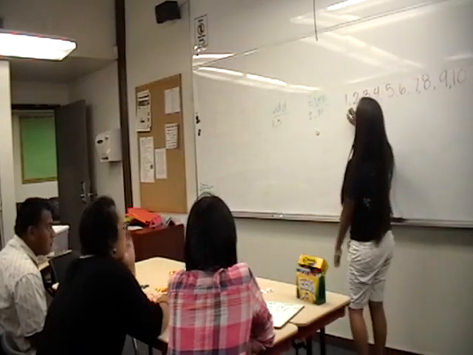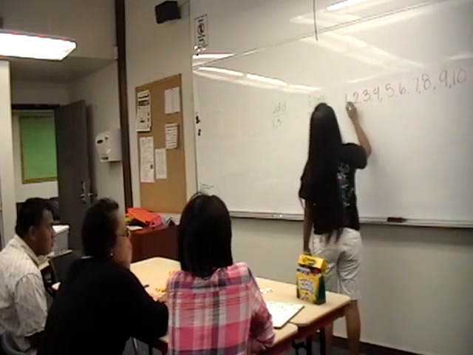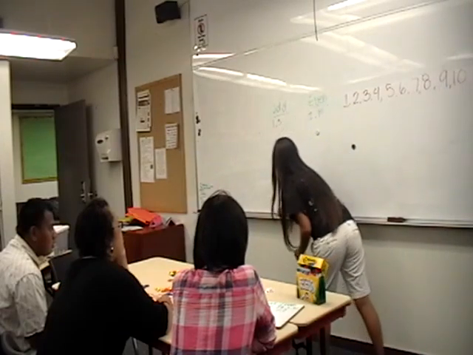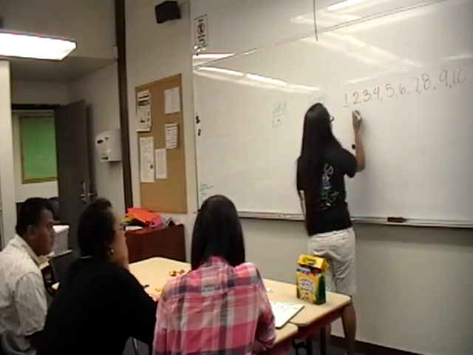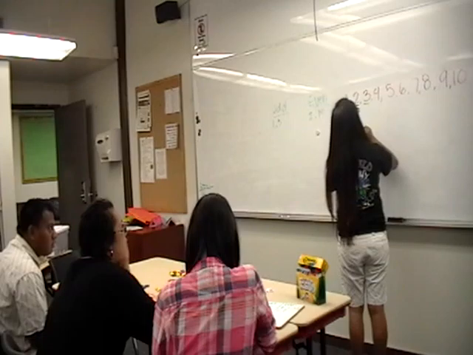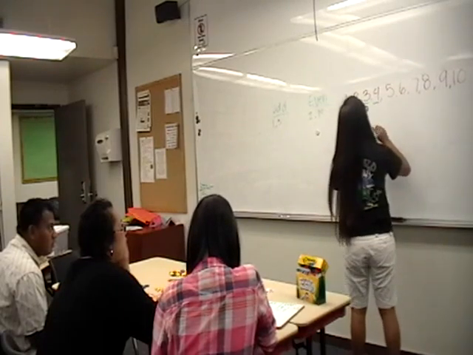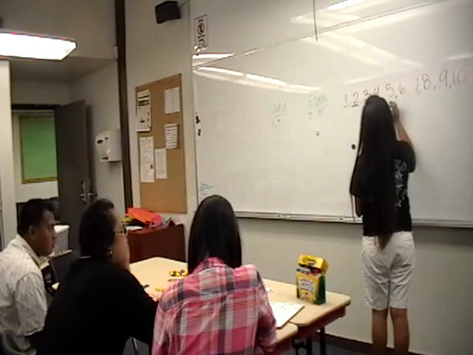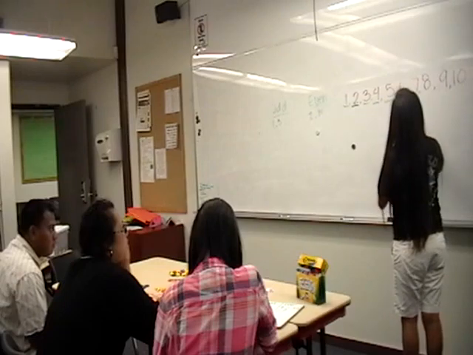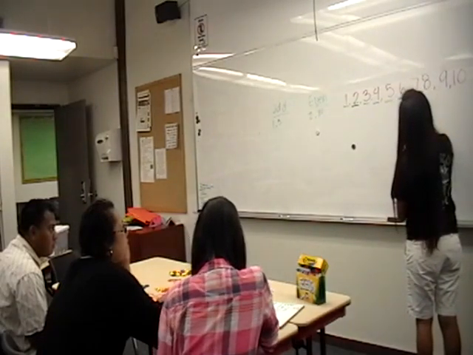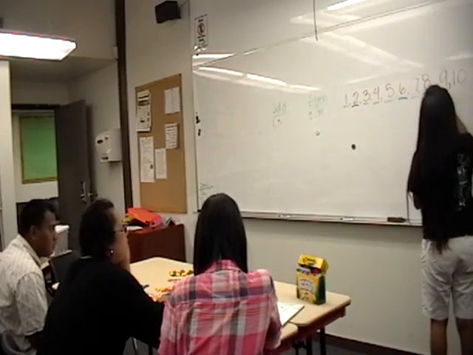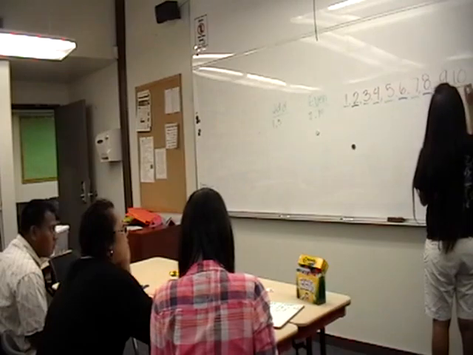So what is 1 again? Odd. Okay, and what about 2? Even. Okay, and then 3, odd, and then 4, even. And then 5, odd, and then 6, even. Odd, and then 8, even. 9, odd. Even. Okay, so